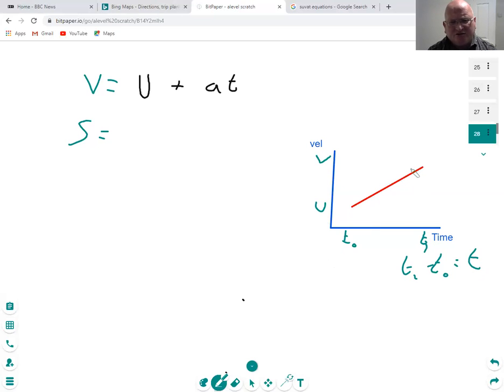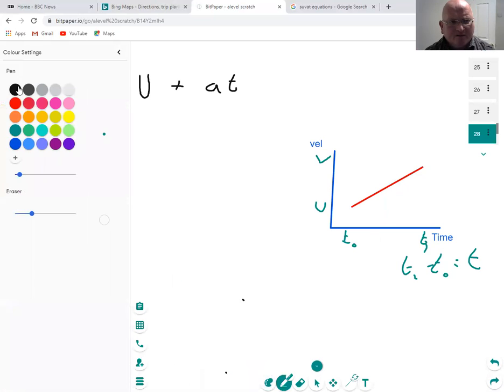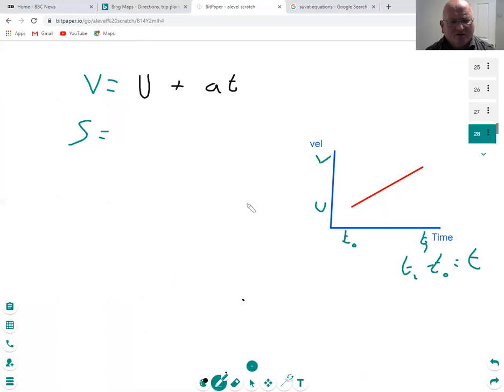And then that just shows, because it's a straight line, the velocity is going up at a constant rate. We've got a constant acceleration. Okay, so what can we tell from this? Now, remember the well-known one from your GCSE course is that